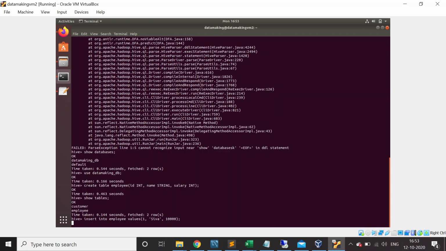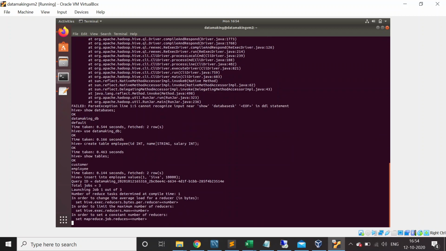But in a real-time scenario, you will have data coming to your HDFS, and then you load the data sitting on HDFS using a load command to insert the data into whatever table you create. But just to give you an idea of how to create a table, I'm using the insert command, but generally you will do the load command.